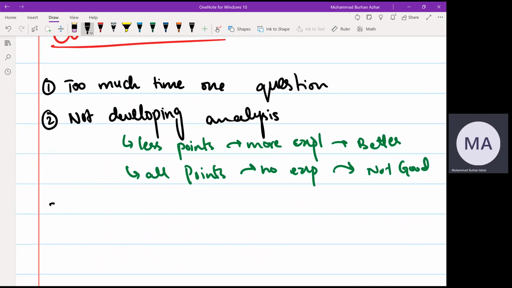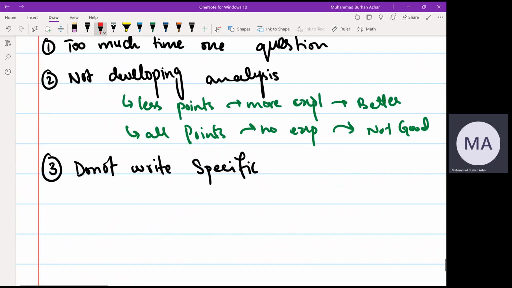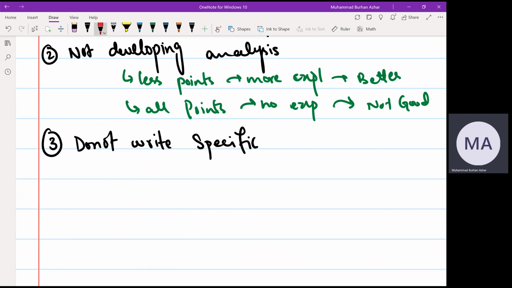Another thing which candidates usually do is they do not write specific to the question. Specific to the question means they talk about other things and do not address the main point, which means you get no credit for it. So do not do this. And fourth, the most